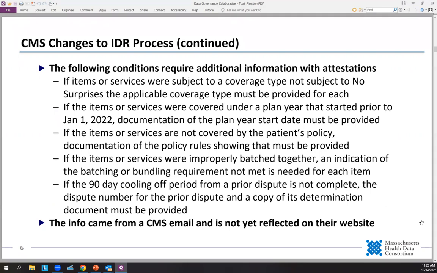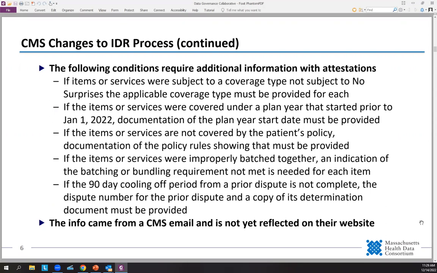The last two are again back to sort of no surprises in the way it's administered, which is that there are rules about how you can batch items together. And if there are items or services that don't meet those rules, then you have to list each item that doesn't fit and indicate which requirement is not met for that item. And then finally,